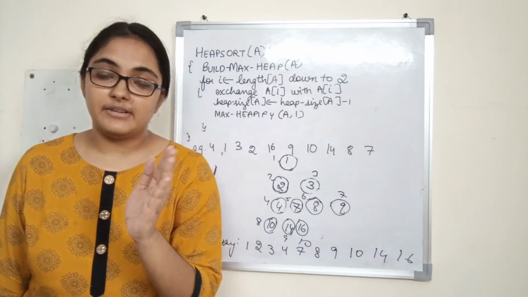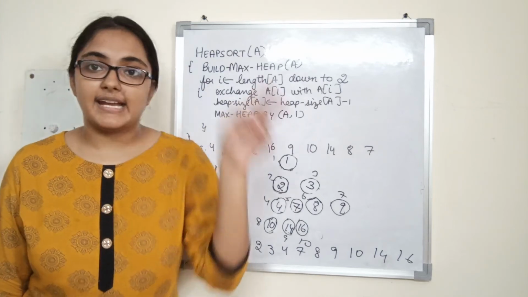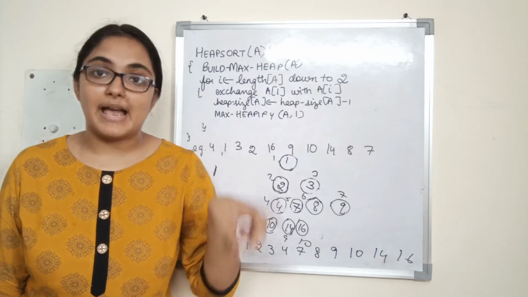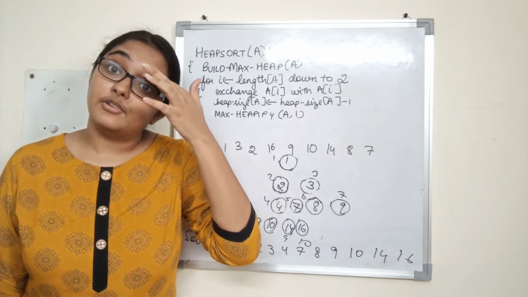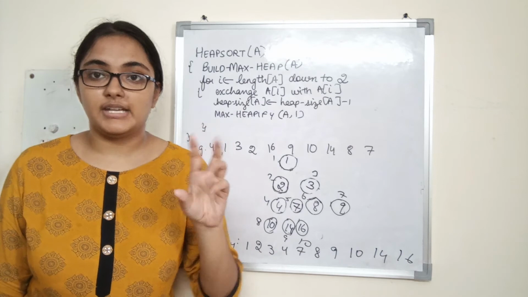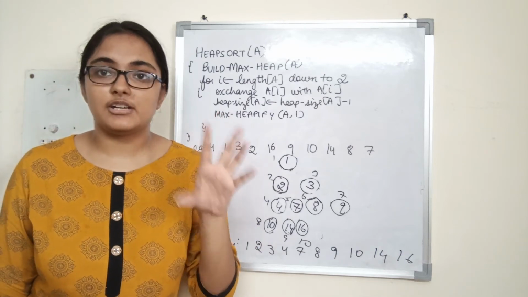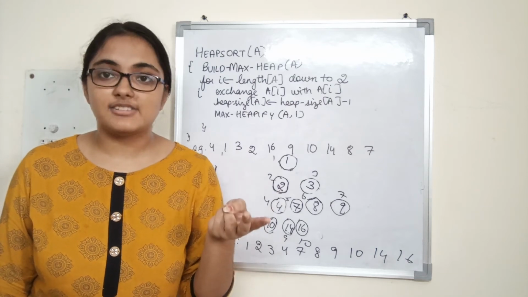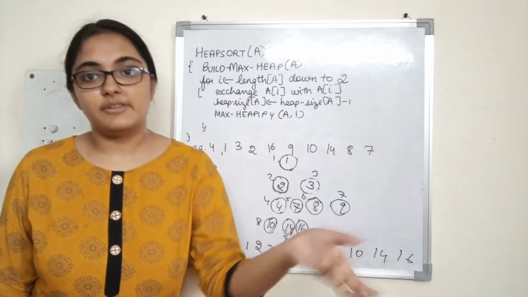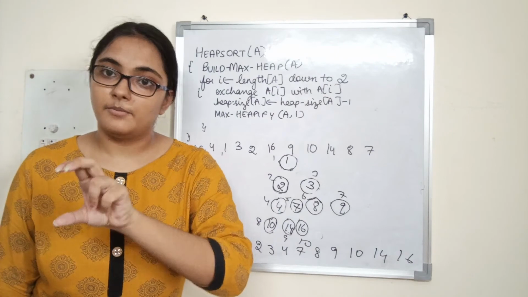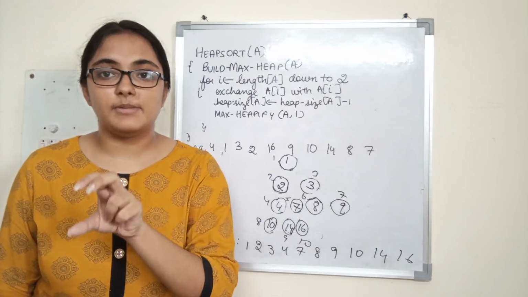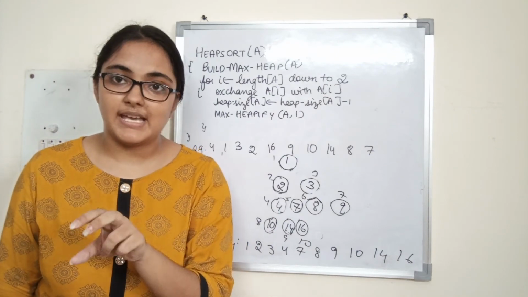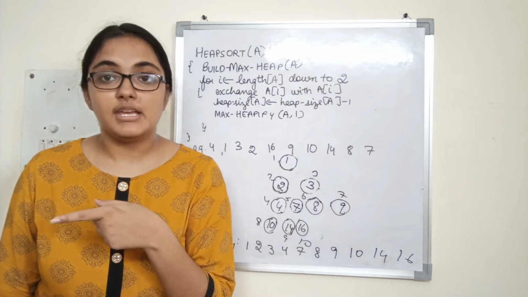Alright, so the last element we reduce it. Then we find the second last by calling max heapify on the root, that is converting the remaining set of elements into a max heap. Now we get the second largest element. So the second largest element we again place at the second last position. Why? Because the second largest element needs to be present at the second last position in the array when the array is sorted in increasing order.